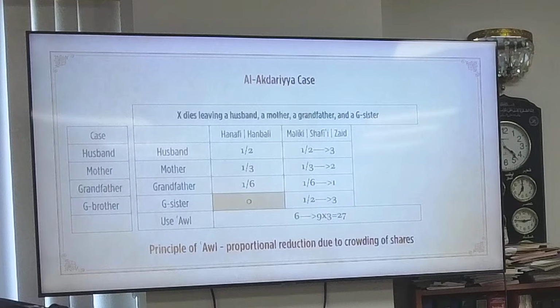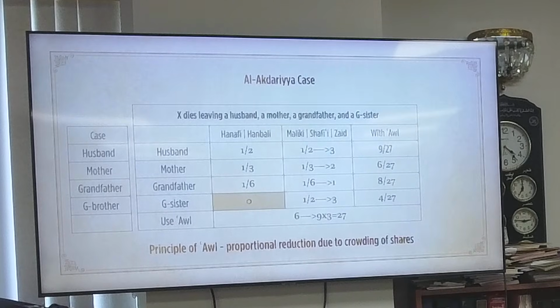So the Maliki and Shafi'i, what they did is, okay, we give 1/2, we give 1/3, we give the grandfather 1/6, and we give the full sister 1/2. And then we do awl. We go from 6 to 9. 6 to 9 doesn't solve it. Then we multiply by 3 and we go to 27. And 27 solves it. So, for example, with awl,